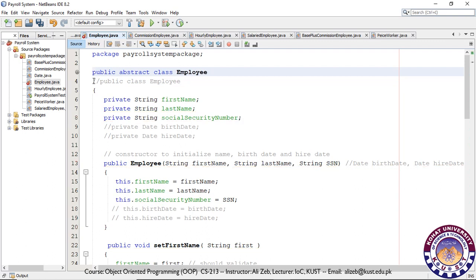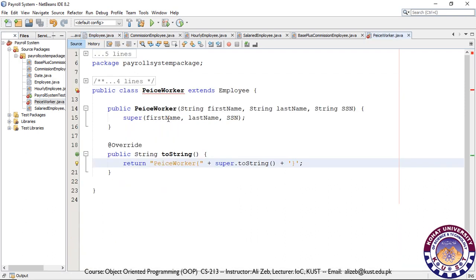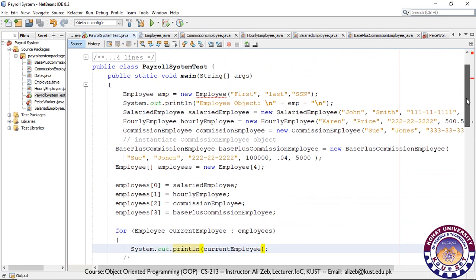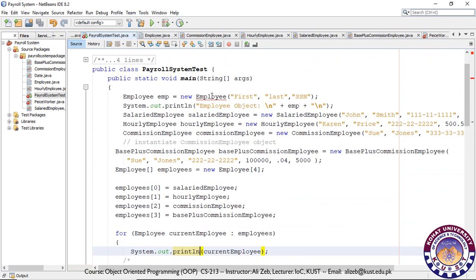So we changed the definition of our class, and now we can see that the piece worker is not now bound by the compiler to implement the abstract method. Otherwise we will get a compiler error. And similarly, if you remember, now we cannot create an object of the employee class because the employee is an